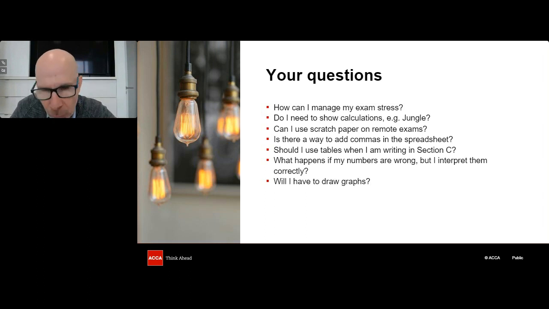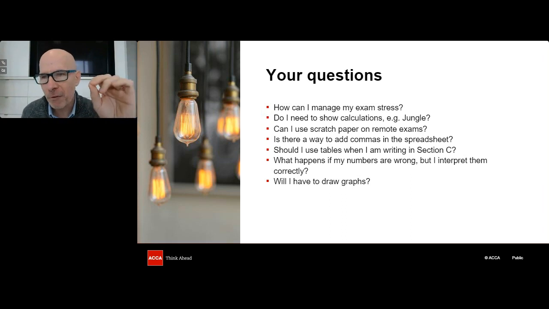You know what? You will not have to draw any graphs. All of the materials have you draw the graphs. It's a legacy thing. When I did the exams, they actually gave us graph paper, and we would have to draw the graph. You won't have to draw the graph, but you will have to interpret